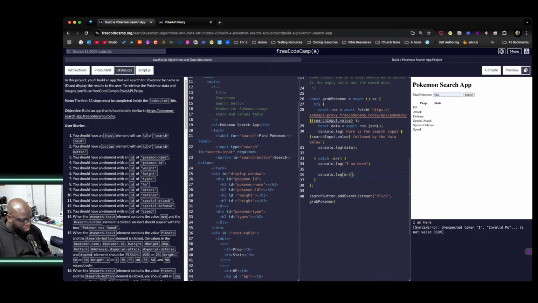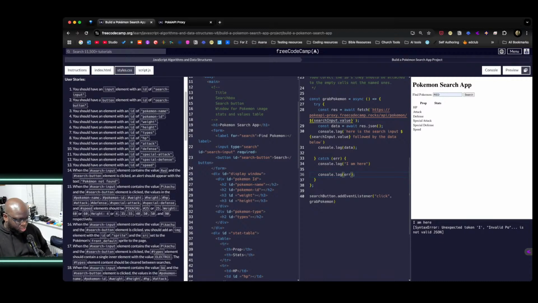See this, so I can do this, right? I can simply say alert, Pokemon not found. I can just grab